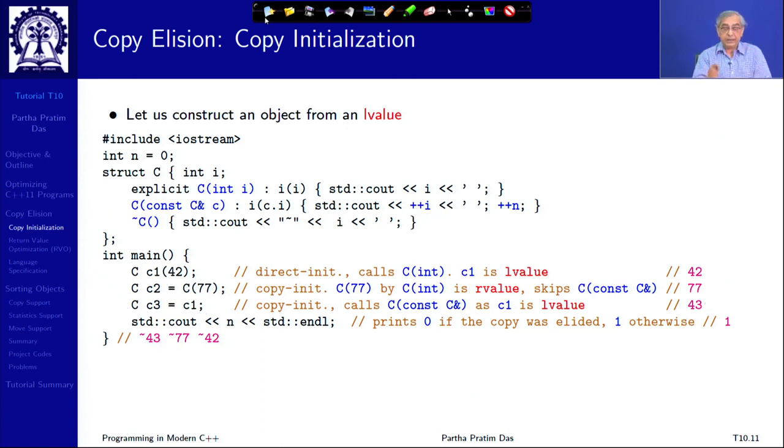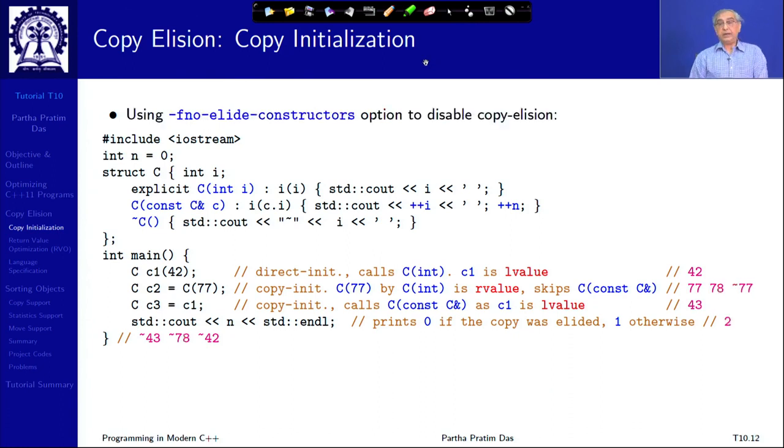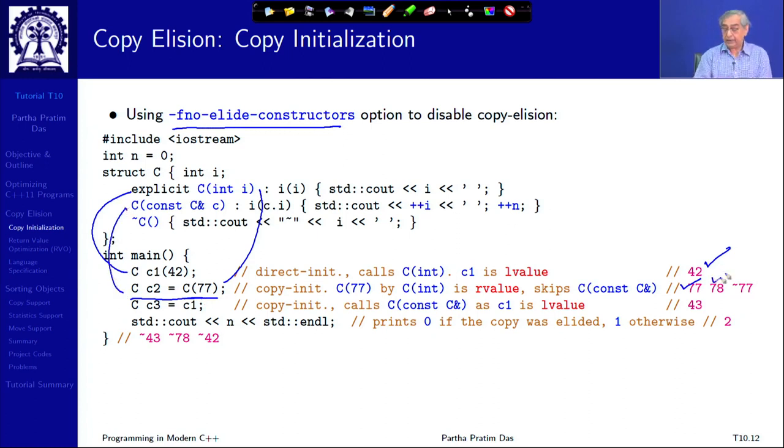So, this is the basic copy elision that the compiler does. If you want to see how it would look if the compiler were not eliding the copies, in GCC you have a nice way, a flag, where minus f means flag, no-elide-constructors, then it will disable the copy elision, and you can see exactly as you had expected it to see. So, this will invoke the parametric constructor, this will then invoke again the parametric constructor, then it will invoke the copy constructor, you get 78,